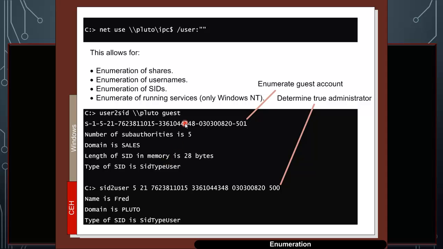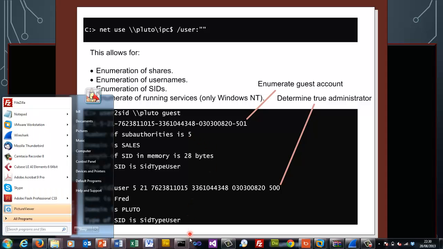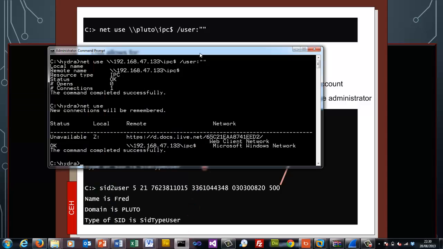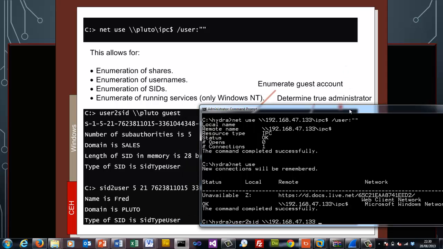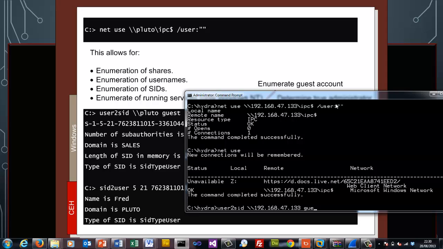Okay, another command that we can use once we have this null session set up is user2sid. So let's bring up our console again. So user2sid, and we'll just put in the IP address, and we'll try and find